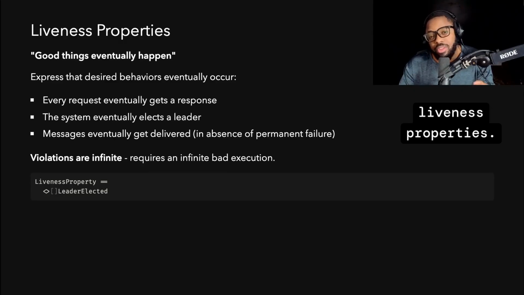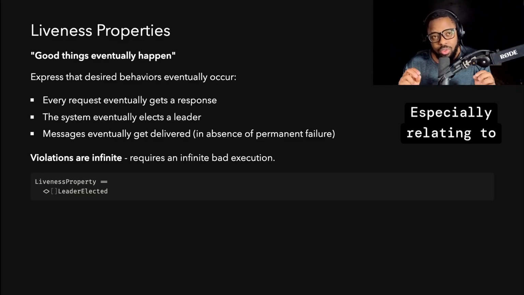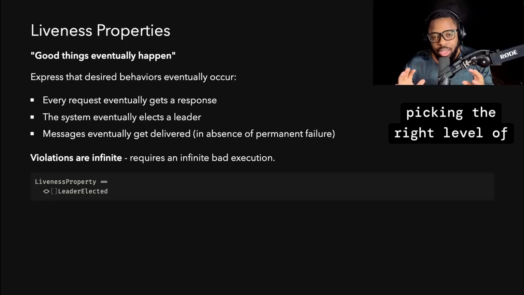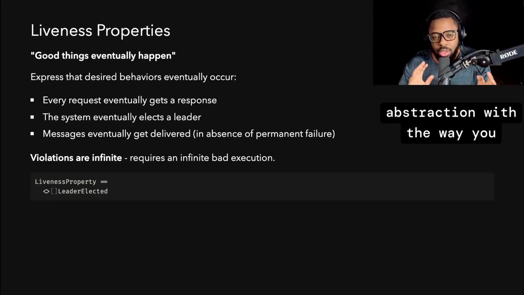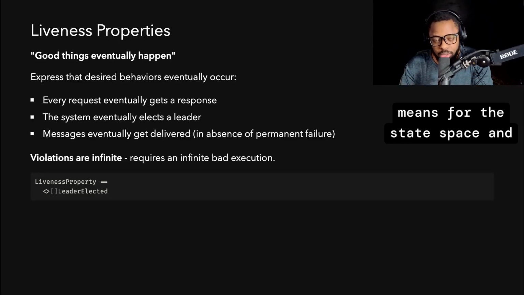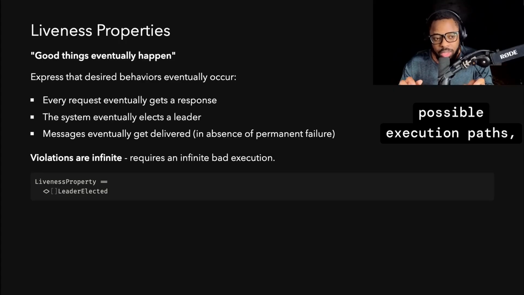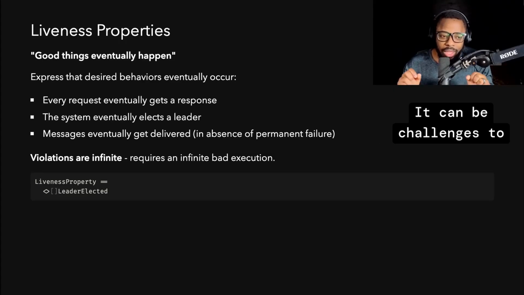With liveness properties, it can be a little tricky sometimes, especially relating to picking the right level of abstraction with the way you specify your constants and your variables, and what that means for the state space and the exploration of different possible execution paths, right? It can be challenging to come up